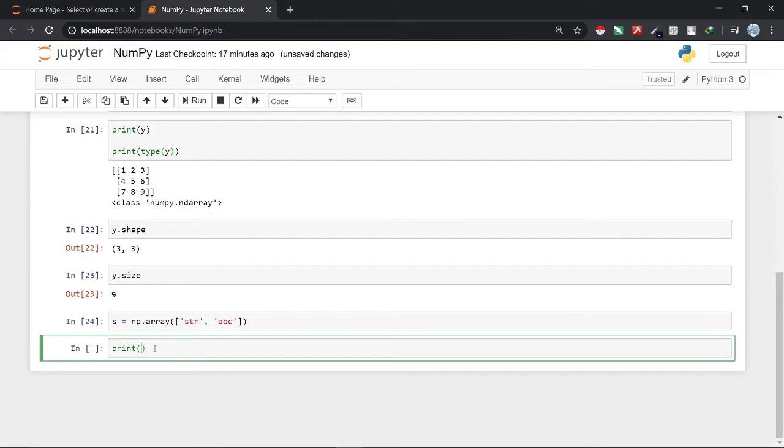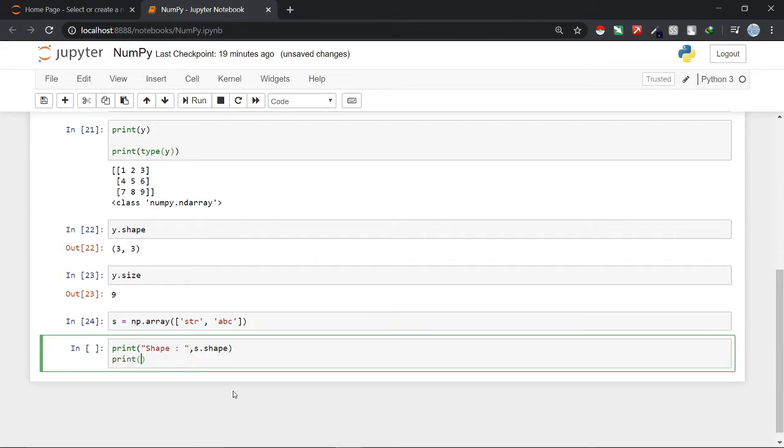First we print its shape, so for shape we have to use the s.shape attribute here.